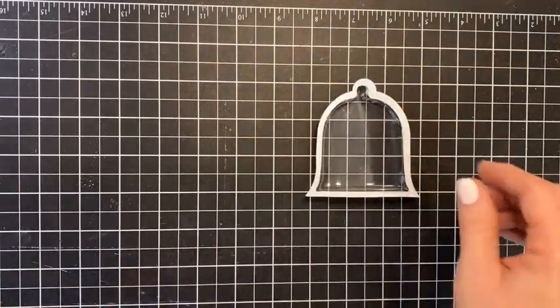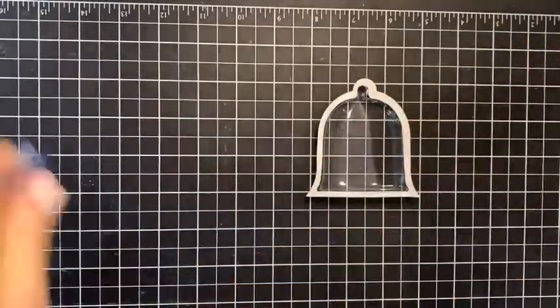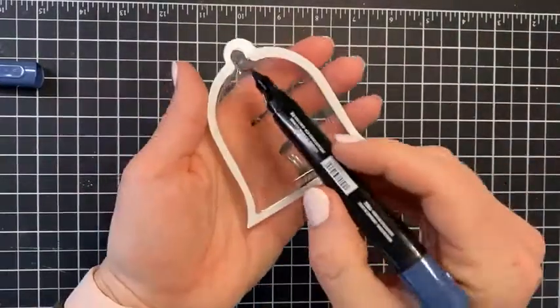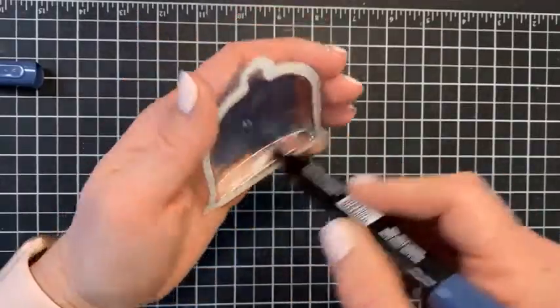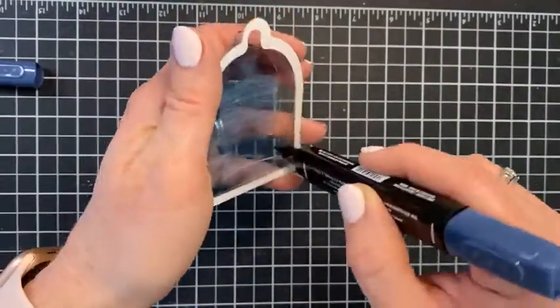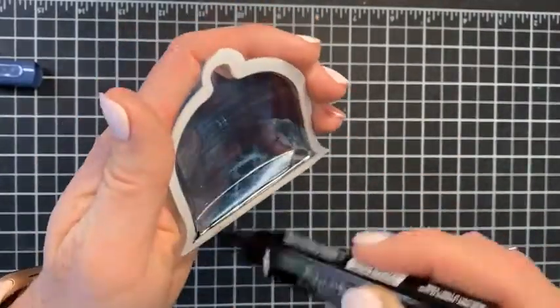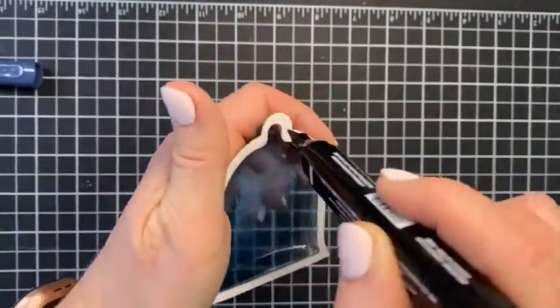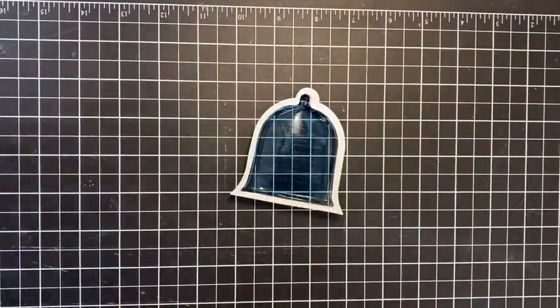So I'm going to bring in my dark Misty Moonlight blend, and I'm going to color the entire inside of this cloche. Sorry, that sound is probably irritating. Okay, just like that, all the way around. You could pick any color. Then we're going to bring in that